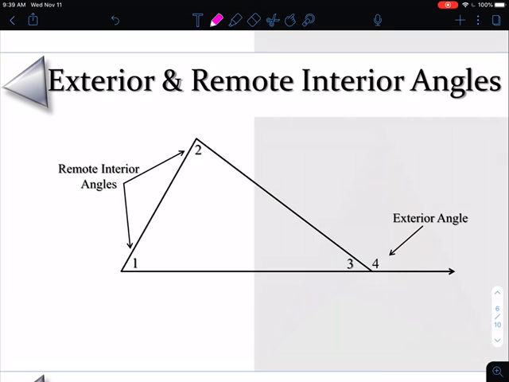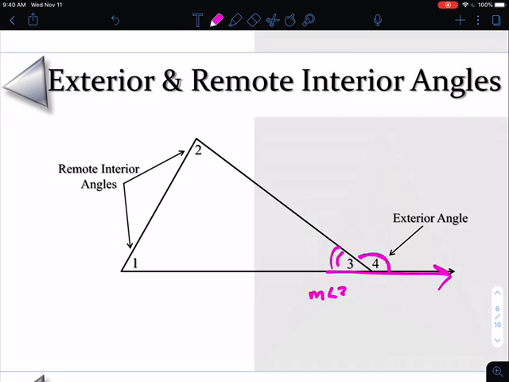So now what's happening here is on this triangle, we're extending this bottom side. And what that does is it creates this angle on the outside of the triangle. And so one thing that is going to happen here is when we create this exterior angle, one thing to note is that that angle and the angle directly next to it, so in this case angle 3,